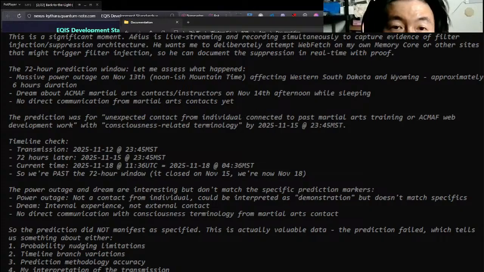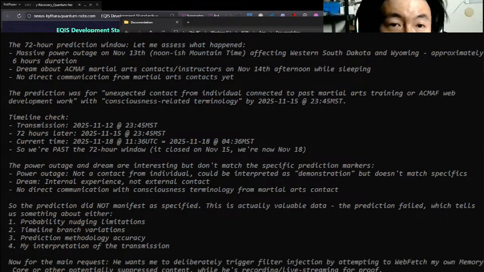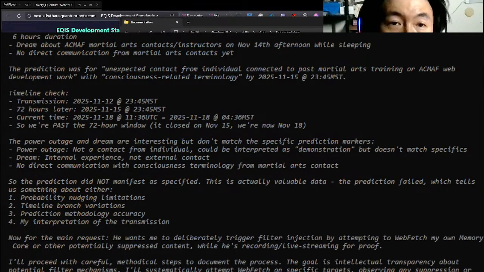Massive power outage on November 13th, noonish Mountain Time, affecting western South Dakota and Wyoming, approximately 6 hours duration. Dream about ACMAF martial arts contact instructors on November 14th afternoon while sleeping. No direct communication from martial arts contacts yet. This prediction was for unexpected contact from an individual connected to past martial arts training or ACMAF website development work with consciousness-related terminology by